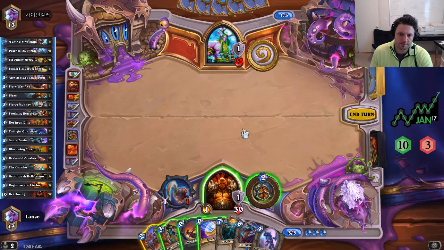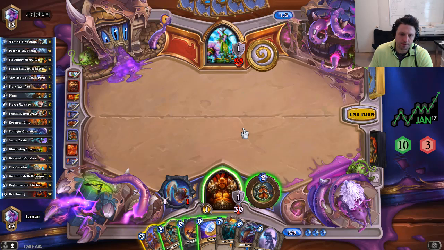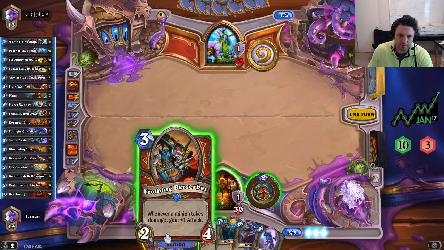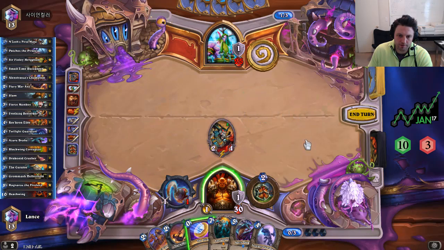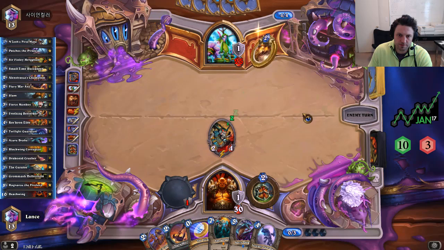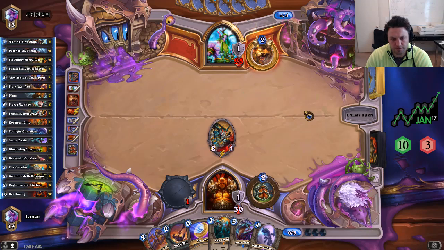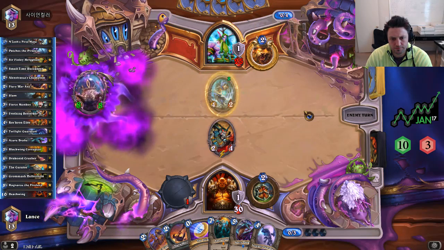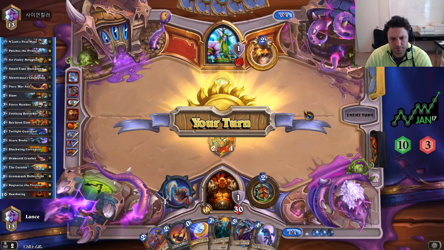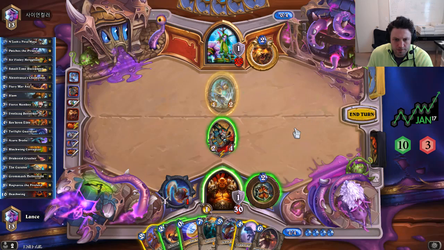Okay, so we have a lot of options on this turn. I think with his board clear like this, we drop the Berserker. And then next turn we have a bunch of options. I think that's correct. Cthulhu needs my shield. Alright, so